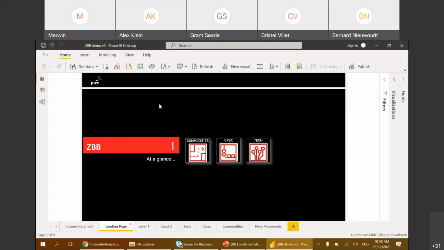I think Bernard mentioned earlier, it's sometimes just looking at one or two dimensions more than what you have within your GL. So I just want to mention that so that we don't feel overwhelmed in saying, well, I don't have all of this data available, so I can't do all of that, which we used in, for instance, a commodities example or in a tech example. It's also about understanding what we do have and just deep diving one or two levels more than what we have in our GL.